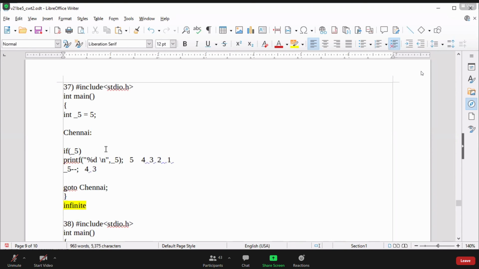Now what happens? Just try to understand, whenever this value becomes 0, the if statement is going to fail. It will not print 0 here, because only this one statement is part of the if, related to the if, correct? I hope you agree with that.